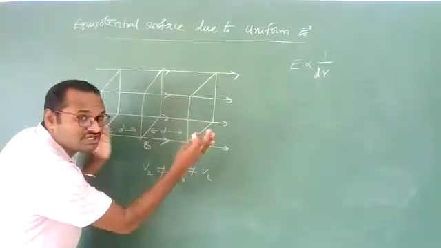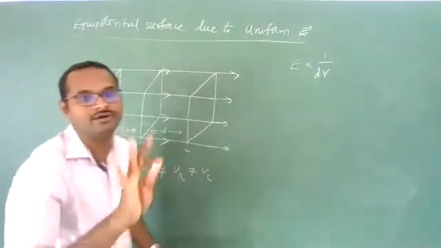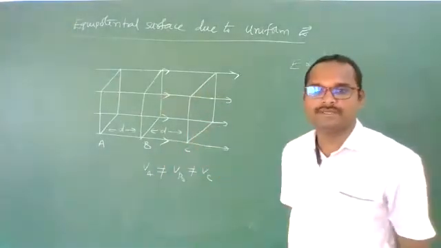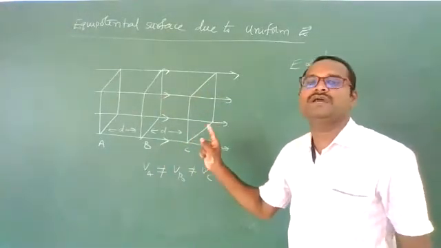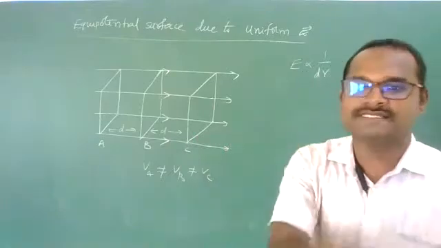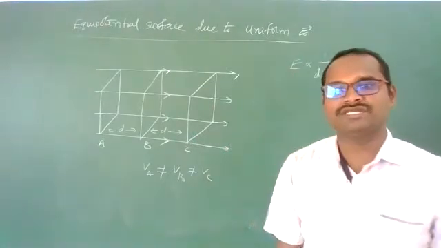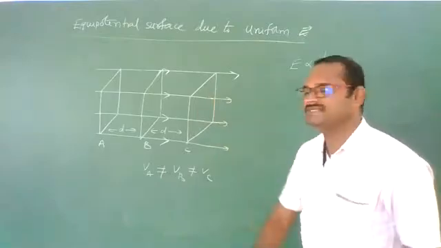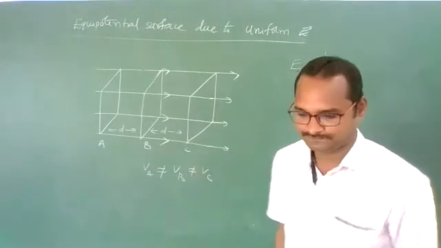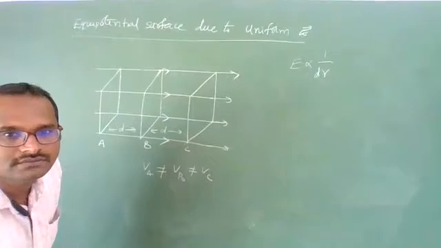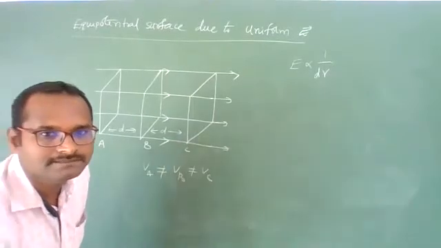If there is variation, it will show while drawing, and it will be wrong. So the examiner will see each and every point while you are drawing. Yes, sir, this type of question they will ask in your board exam. If you want, see the previous year question papers: draw equipotential surface for uniform electric field. Yes, it is a diagrammatic representation. Clear?